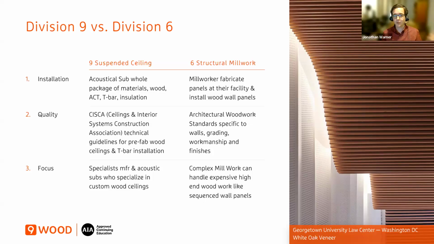With Division 9, with a wood ceiling, you have a different need and expectation for quality versus a wall, where you're going to see and touch it. All manufacturers abide by the CISCA in terms of Div 9 wood ceilings, which is the Ceilings and Interior System Construction Association, which provides a great framework for standard quality expectations, not just with the fabricated wood panels or wood systems, but also with the installation to make sure that tolerances, when they accumulate, deliver the correct result